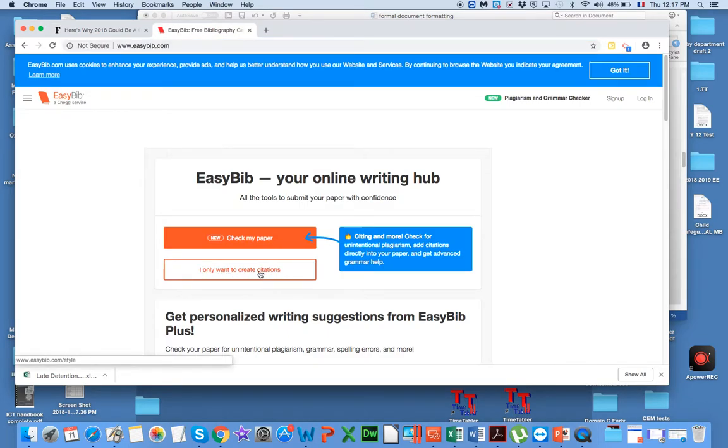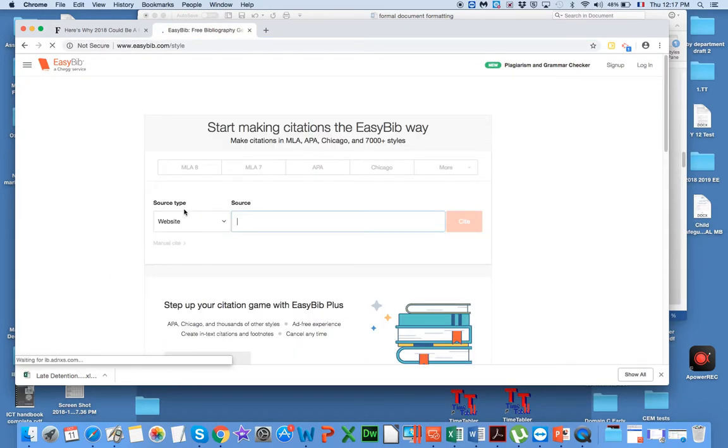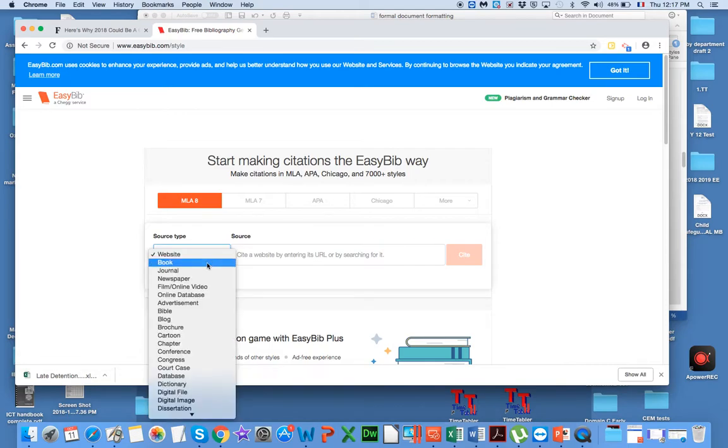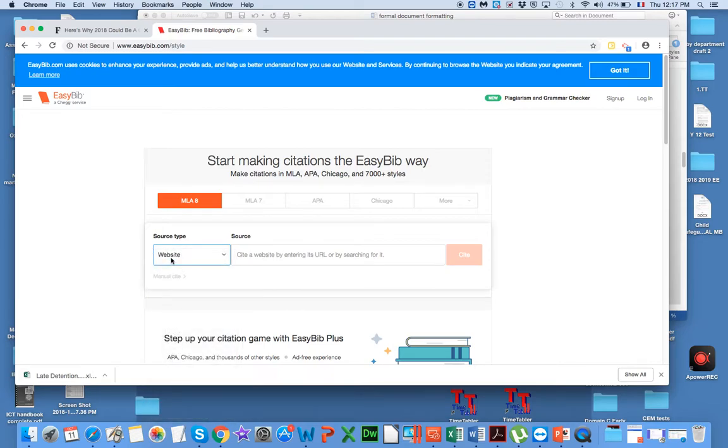I only want to create citations. Click. This is a website, that's what I'm sourcing, and I'm sourcing MLA8. If I'm sourcing something different, like a book or a journal, a newspaper, a film or an online video, so if you've got data from a video that you found, a documentary you found on YouTube, you can source those as well, okay? Whatever source you've got, you place the site URL list here in the source box, and you